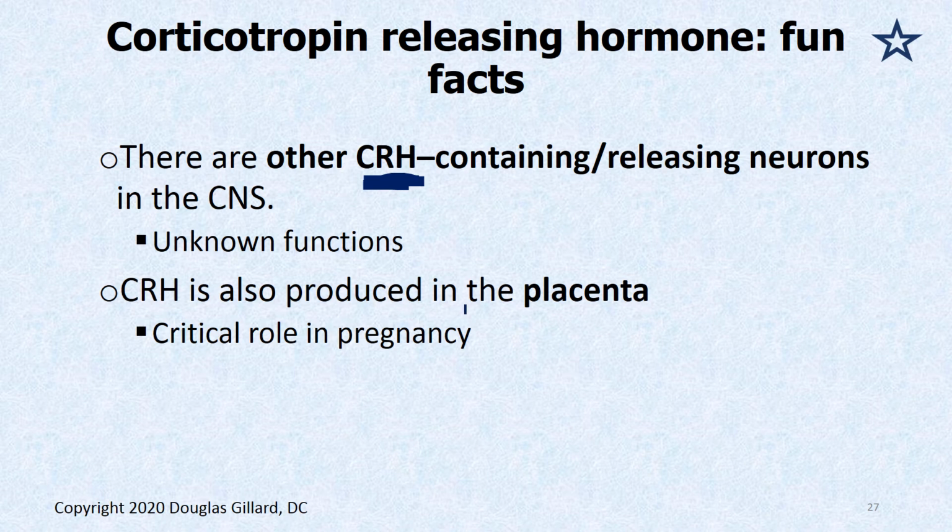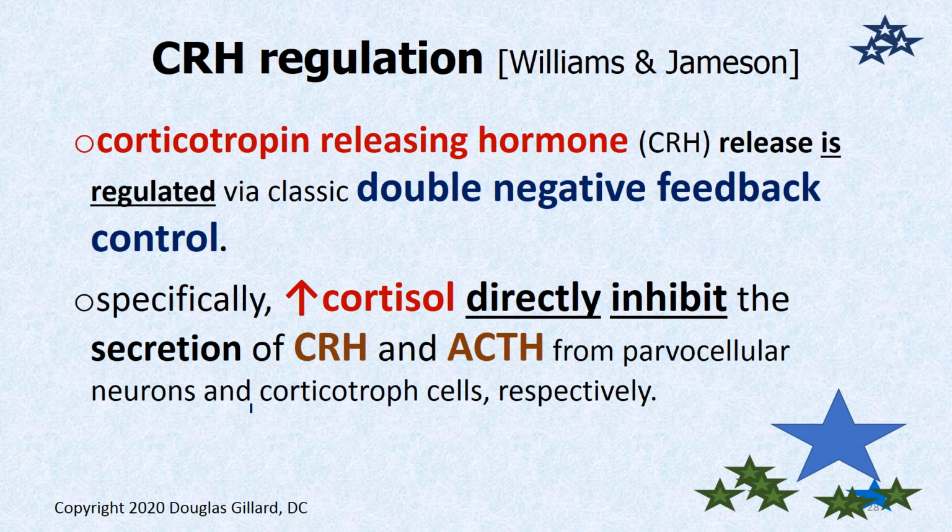It's also involved in pregnancy, which we won't get into. So in the placenta also grows these type of neurons and releases it. So it's much more complicated than just stimulating the release of POMC. What about regulation? We've kind of talked about this already, but the release of cortisol is double regulated. Corticotropin is shut off by cortisol, and cortisol, as we've said already a couple times,